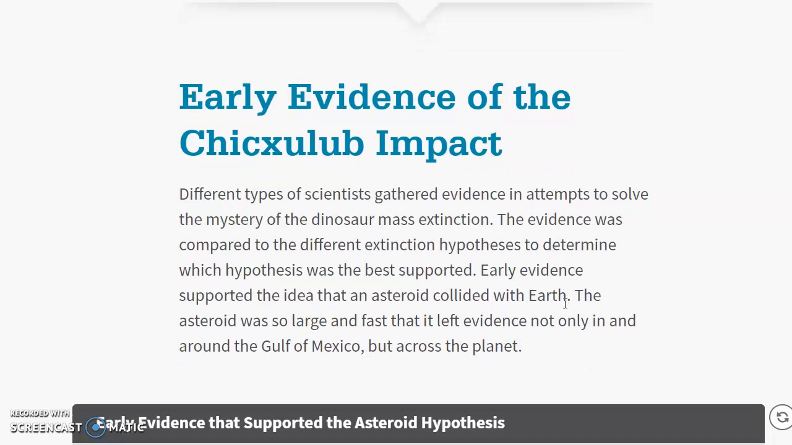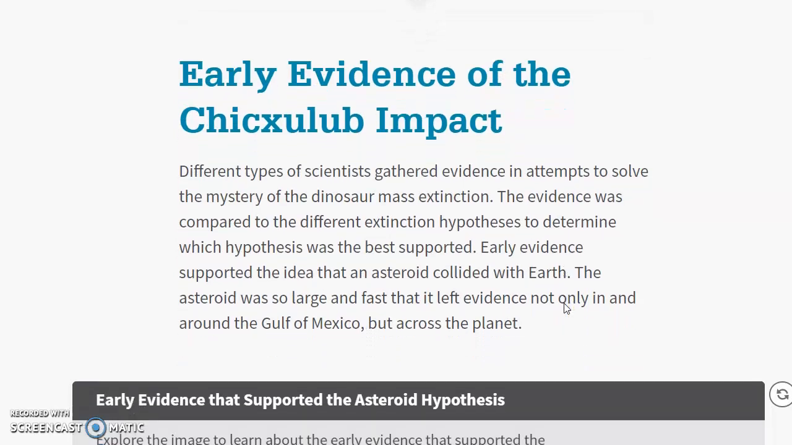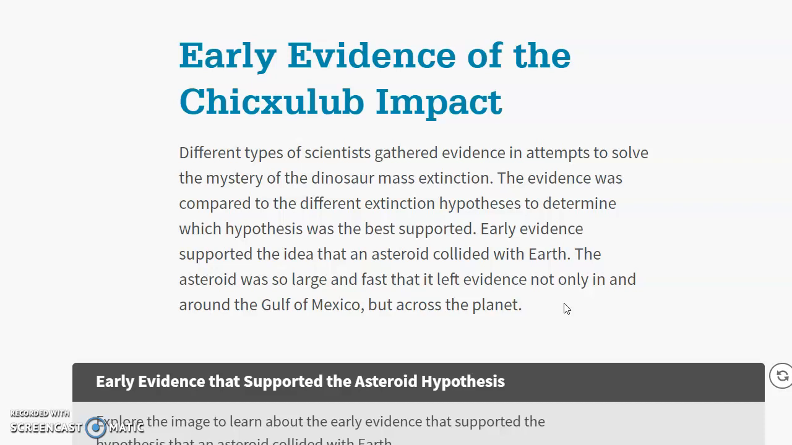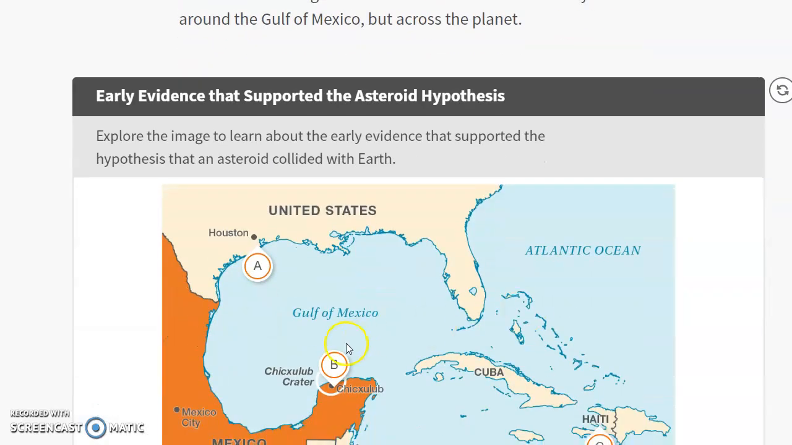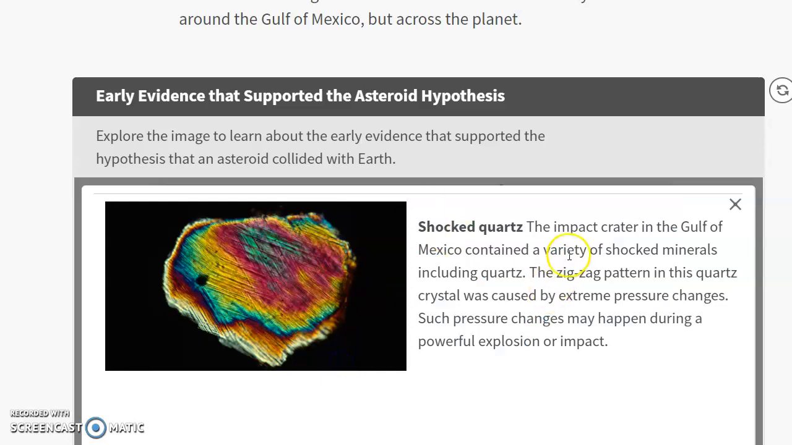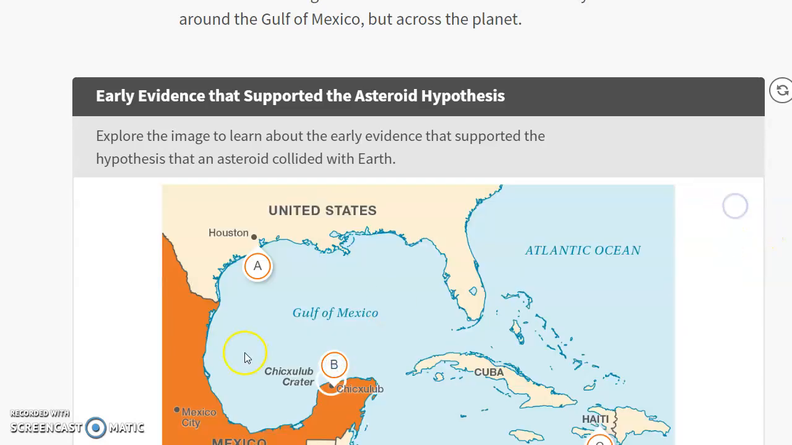But this was where they actually think that maybe the mass extinction asteroid collided, because it was around the Gulf of Mexico and the planet. But you can actually see right here that they have shocked quartz and different minerals that have